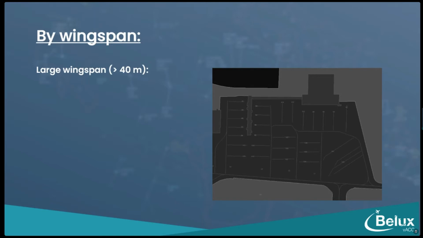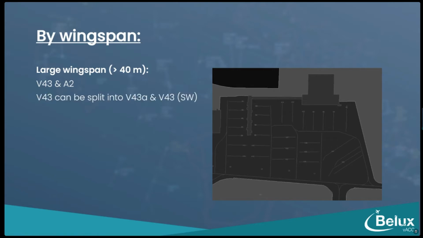Okay, so the first category we're going to talk about is large wingspan. We're talking more than 40 meters over here, and it's actually quite simple. You only have Victor 4.3 and Alpha 2. There used to be the idea that Victor 4.1 was also part of it, but actually that's not true. There's a lantern over here, so you basically only have two stands for traffic with such a wide wingspan